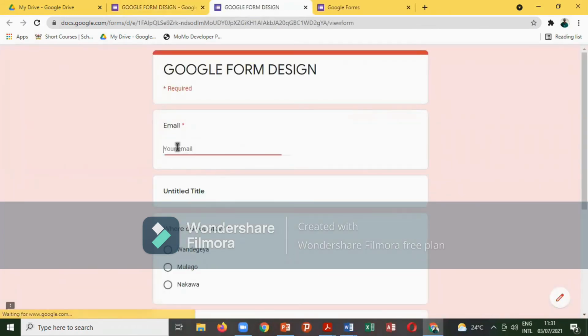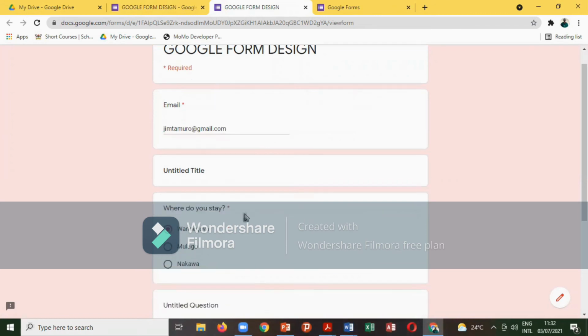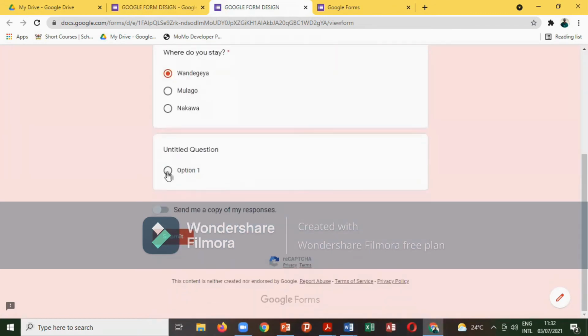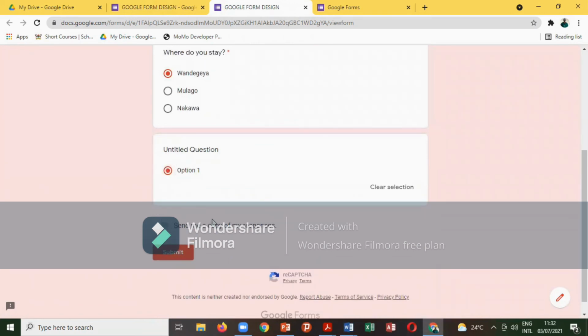So I'm putting Tamuro, Email.com, like I say in one here. Now you see here there is an option of send me a copy of my response, because in our settings we